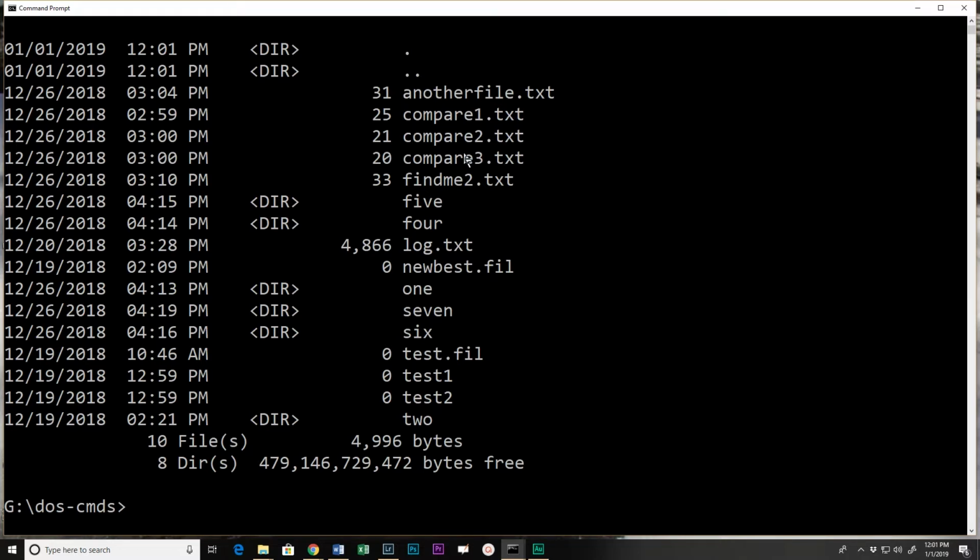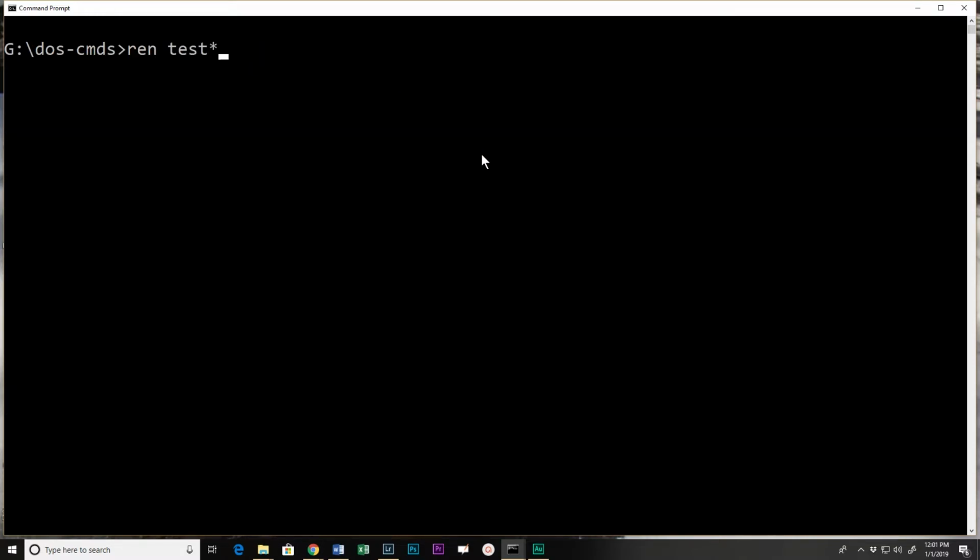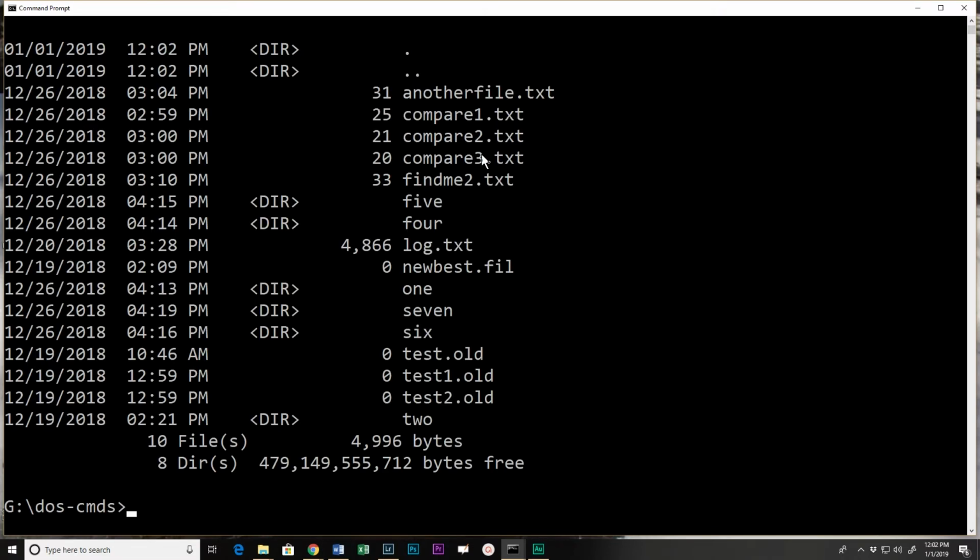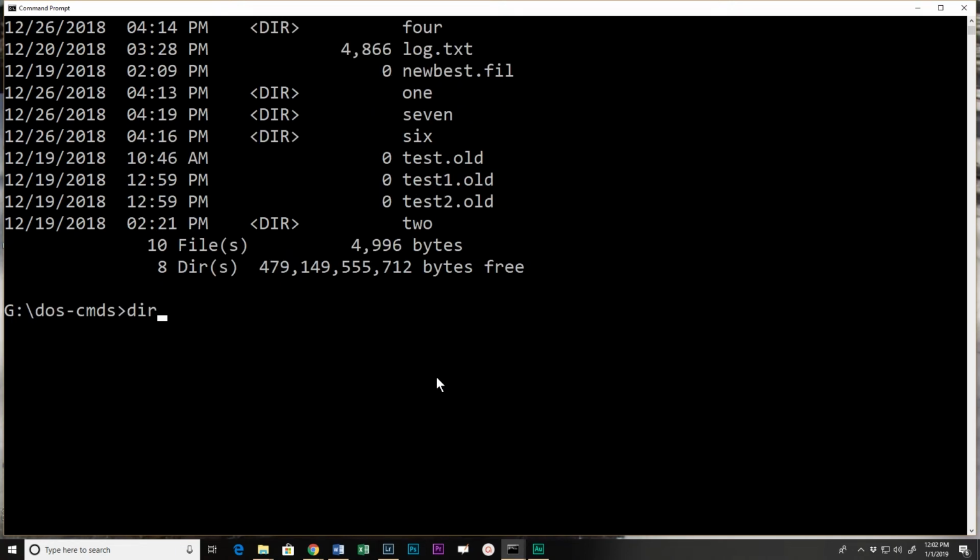I can rename groups of files using wildcards. So if I rename everything that starts with test, and keep the same file name part, use an asterisk there, and give a different extension. If I now look at a directory, all three of the test files now have an OLD extension. It kept the same file name, and I did that because I used the wildcard characters, the asterisks, to rename